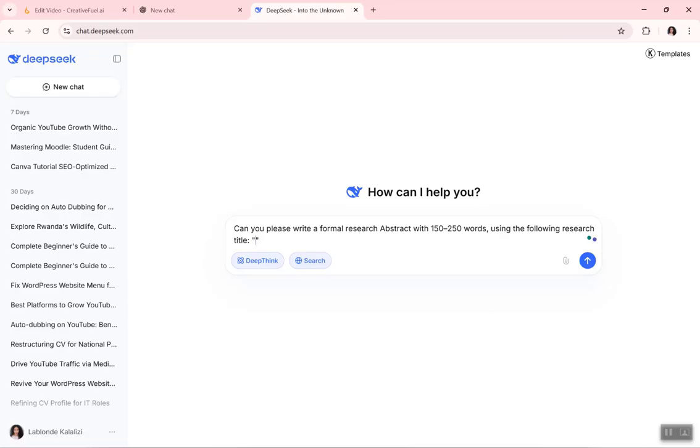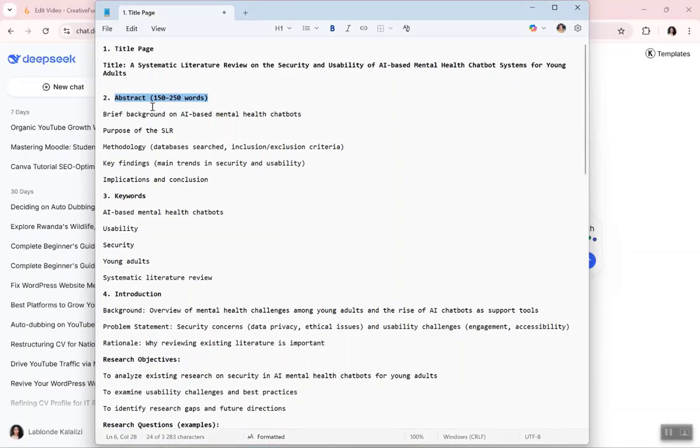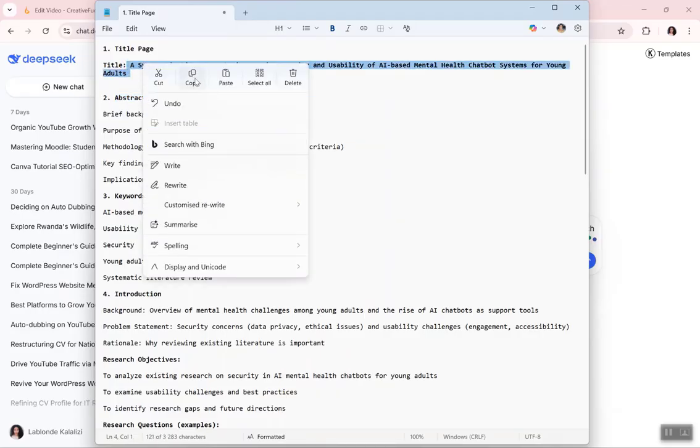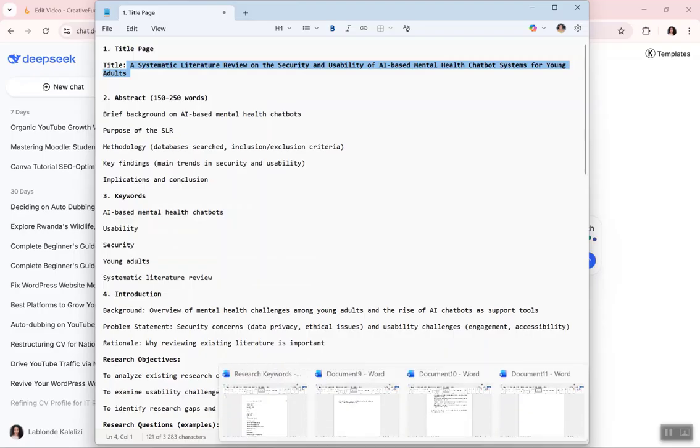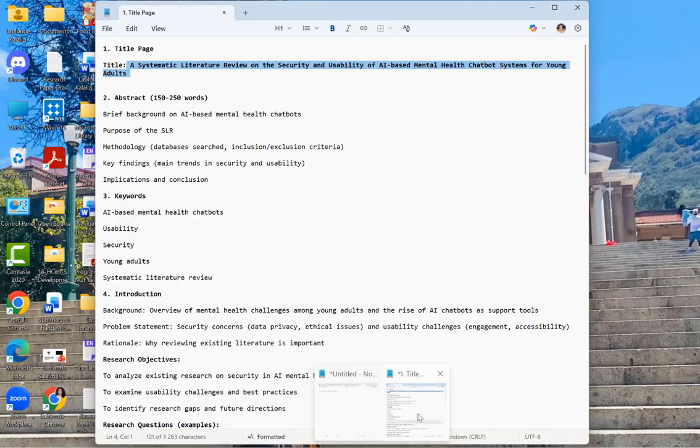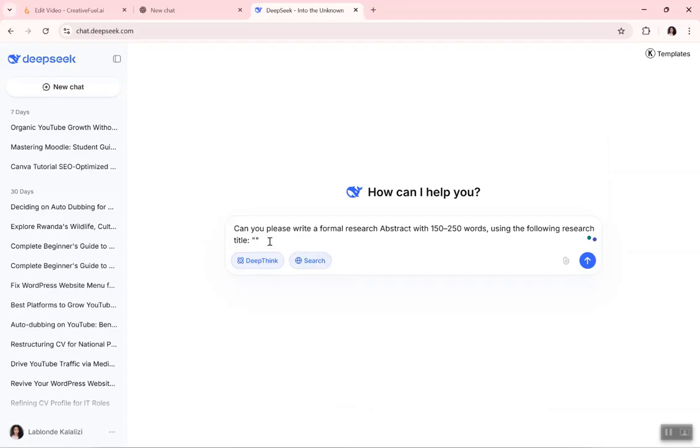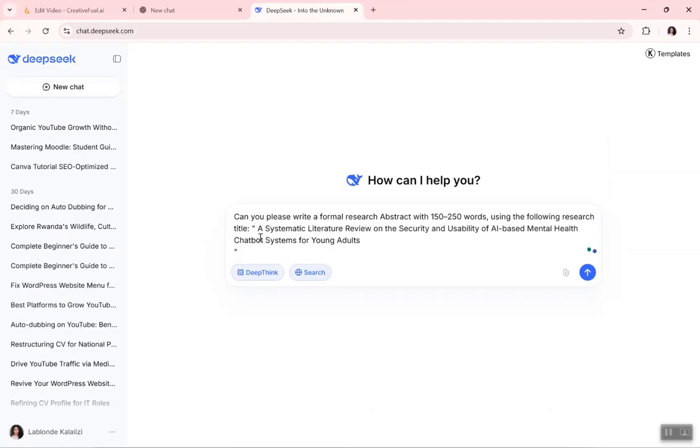Right, so what are we going to do? You come here, you copy your research title. Once you have copied your research title, you go to DeepSeek, you place it there in inverted commas, and then you are going to tell DeepSeek